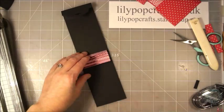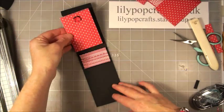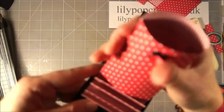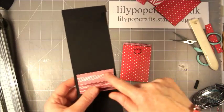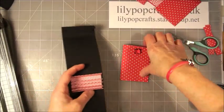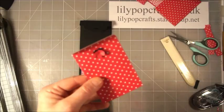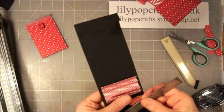There we go. Okay. So one by one we will attach the envelopes to that binding, and all it does, just open up your envelope like that and slot it over the top of. Right, now I had measured this so it didn't need to be trimmed, but I must have been a bit generous there. The little envelopes should be 2.5 wide, and yeah, I measured the binding